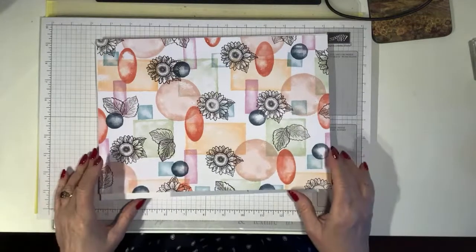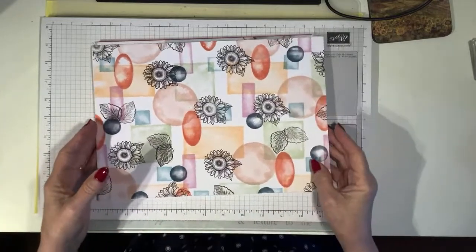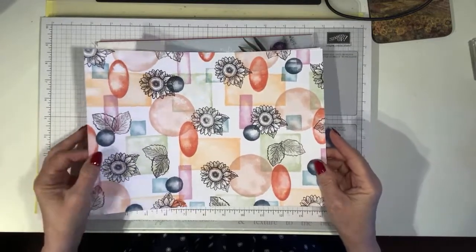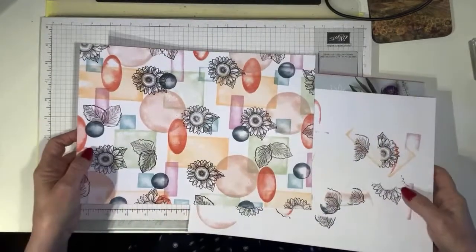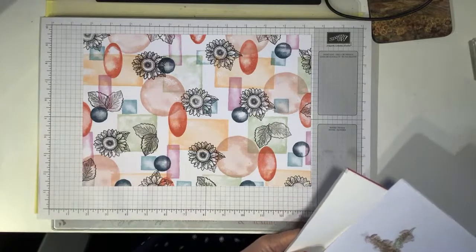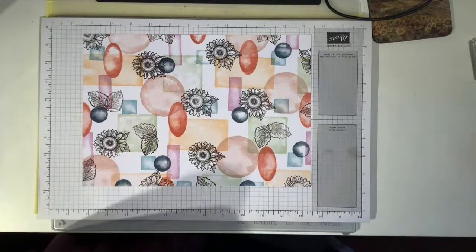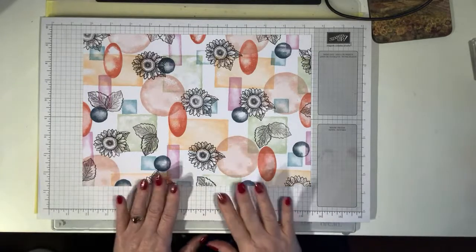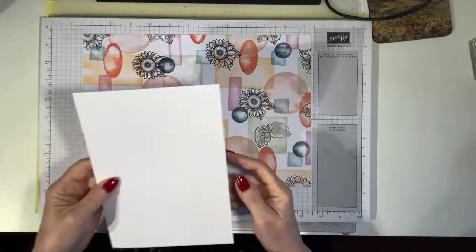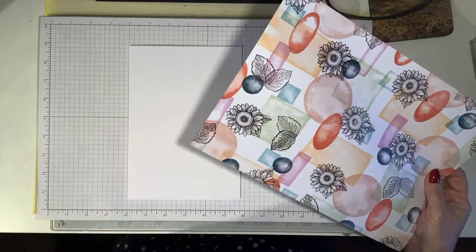So this is where I'm kind of thinking, not really sure what's going to happen next, okay? So the definite thing is I do have to cut this up. And although sometimes you think, oh no, I don't want to cut it up. Especially if you're doing a wreath. When Ruth does the wreaths and we join in, it's like, I don't want to cut it up. But I don't think it's going to be so heartbreaking with this one. I'm not quite sure how I'm thinking of doing this, but I've got my normal A5 size card,